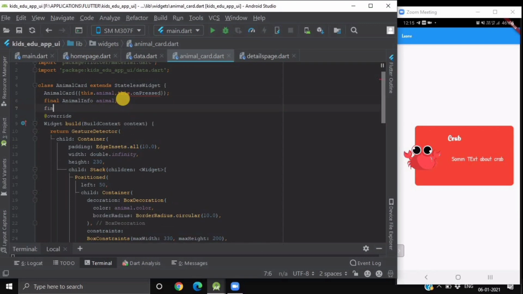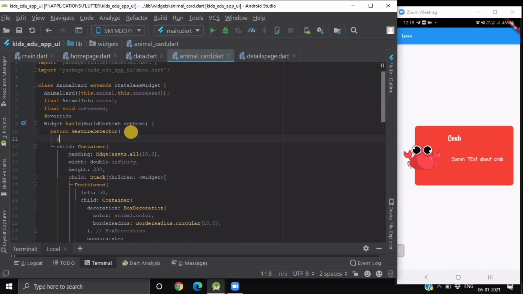We will create a final void callback on pressed, and we will pass this on pressed inside this gesture detector on tap method. Here we have to pass void callback.